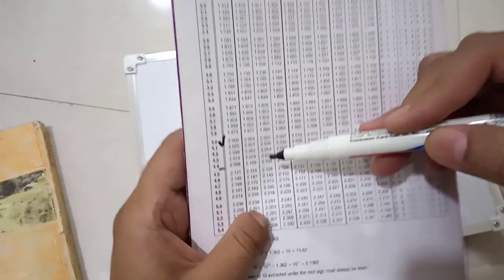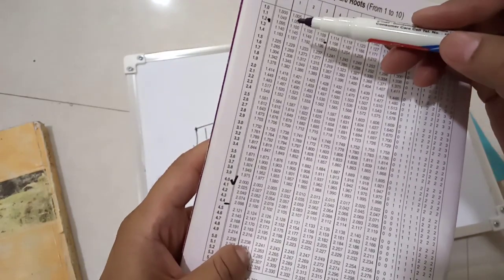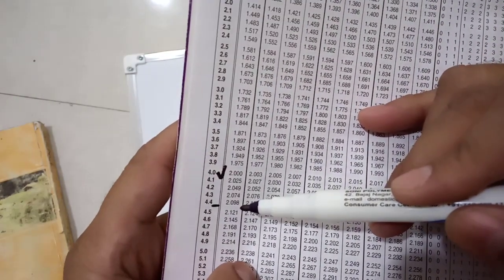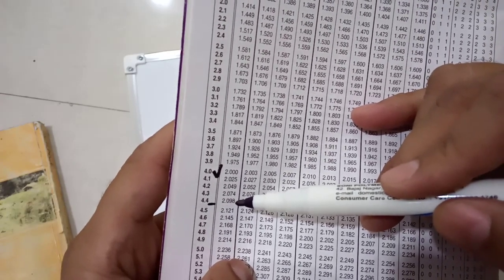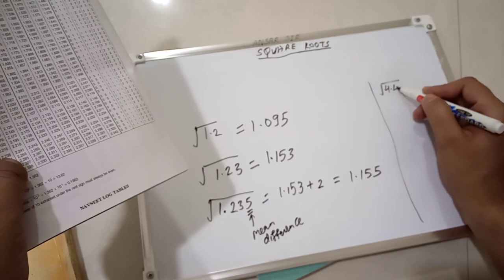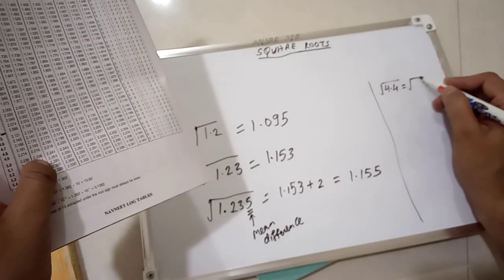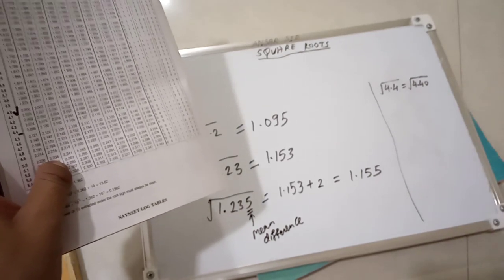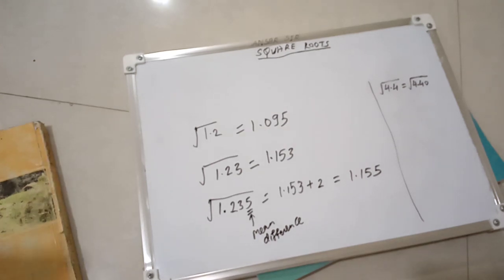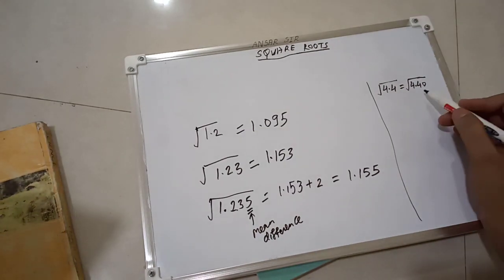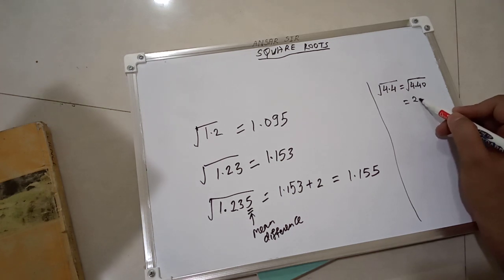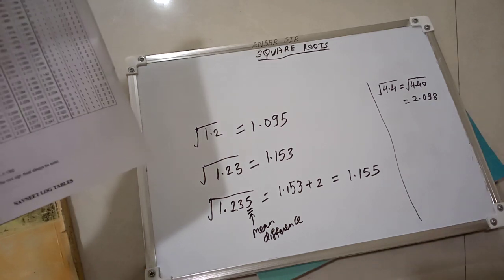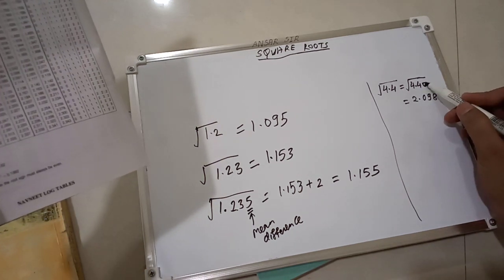How much is it? So where will we go? Have they given any other value? The square root of 4.4 means 4.40. So we will find it here. 4.40 means 2.098, the square root of 4.4. If nothing is given, it means it is 4.40. If you want to find the value of 4.40, it will be 2.098. This is the value of 4.4. Since no digit was present after 4, we put 0.